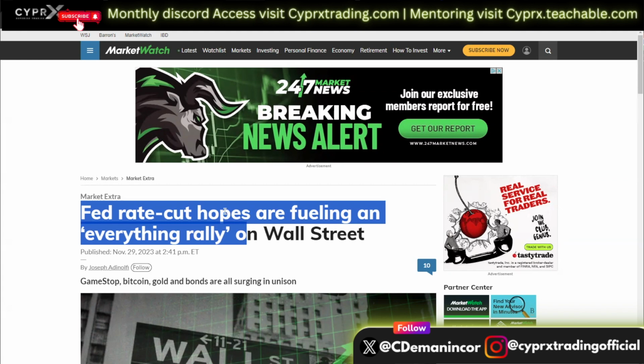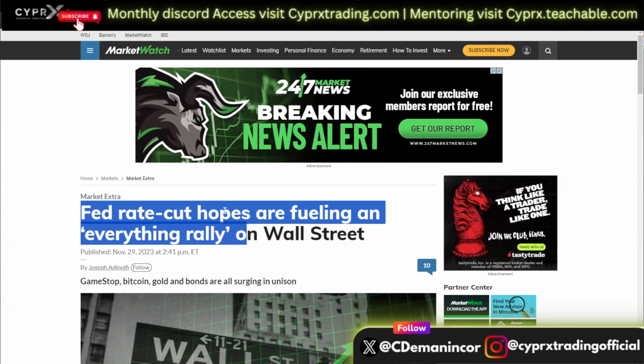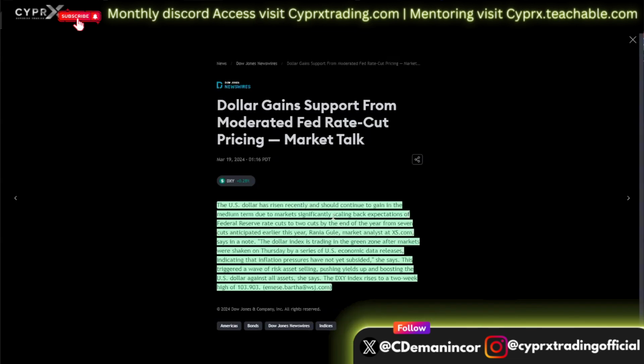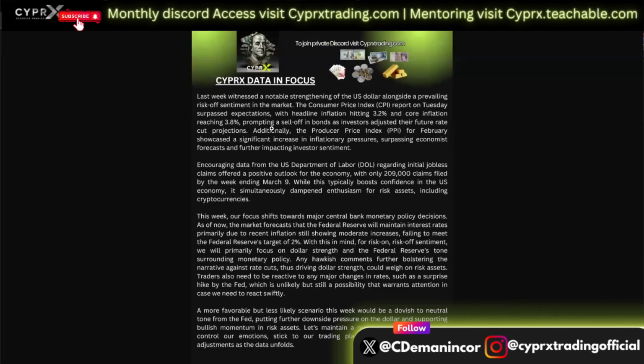Well, due to the recent data, that's not really what it seems like anymore. That whole entire optimism surrounding rate cuts is starting to fade. As you can see, at the end of last year, 2023, and the beginning of this year, the market was pricing in 7 rate cuts. Now the market is only pricing in 2 rate cuts this year, which is a significant decrease in rate cut expectations, right? And why is all of this happening? It's not random. This is all, again, information that we put out to you all in advance.